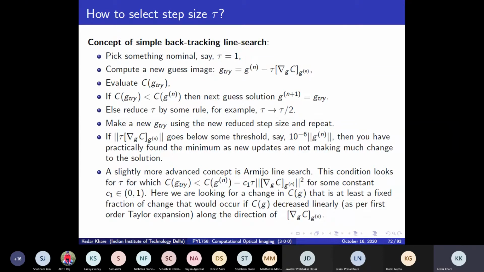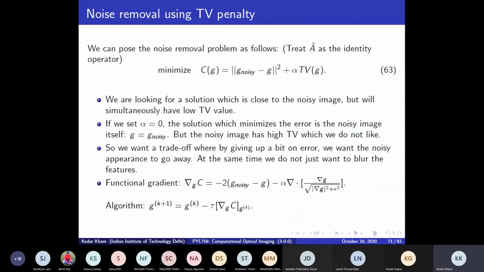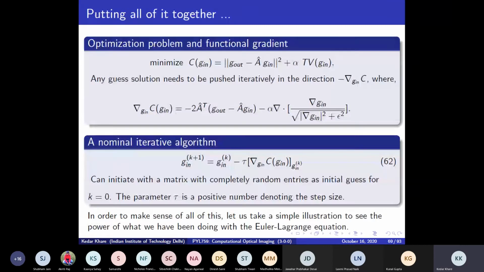See, what is our goal in running this algorithm? Can you tell me what is our goal when we go from, say, G k? So let's look at equation 62. I'm going from G k to G k plus 1. What is my goal in going from G k to the next iterate? Why am I updating this solution? Sir, I think to reduce the total variation. To reduce the total cost function. The cost function has two terms. So I want to reduce the cost function: error plus alpha times TV.